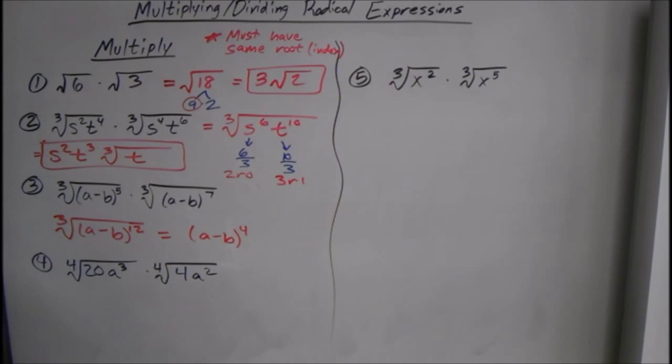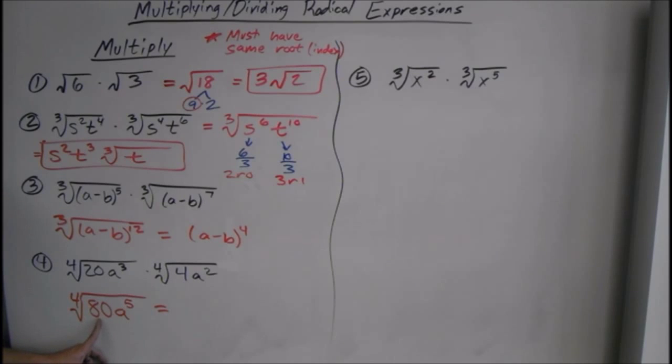Same thing, 4th root of 20 cubed times 4th root of 4a squared. That's going to give us the 4th root of 20 times 4 is 80. A cubed times a squared is a to the 6th, or a to the 5th, because we're adding exponents. Equals,